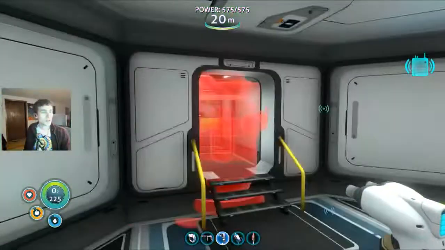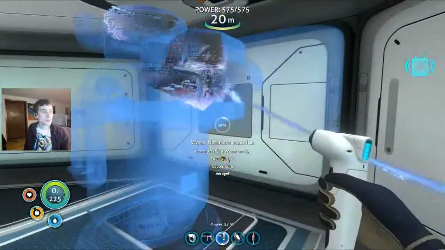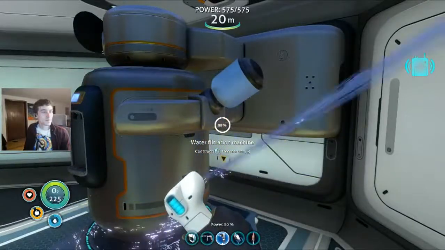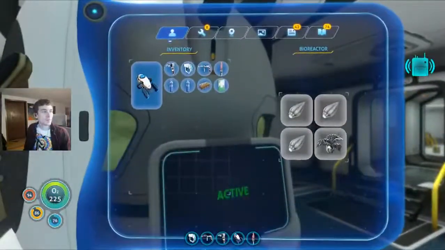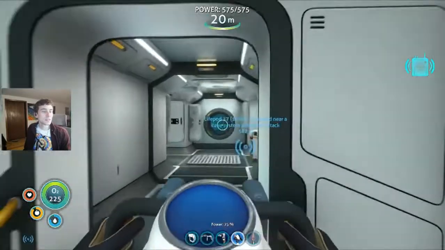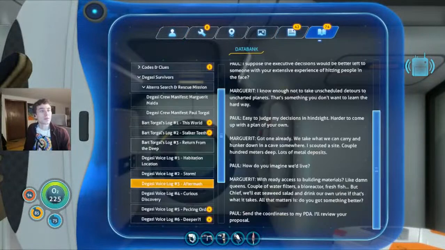Ooh, I can't put it there. I don't want to box myself in, but we'll just put it there then. Hull strength is just fine at 2.8. We got a message. Oh, we got a lot of messages. We picked up a lot of PDAs, so...